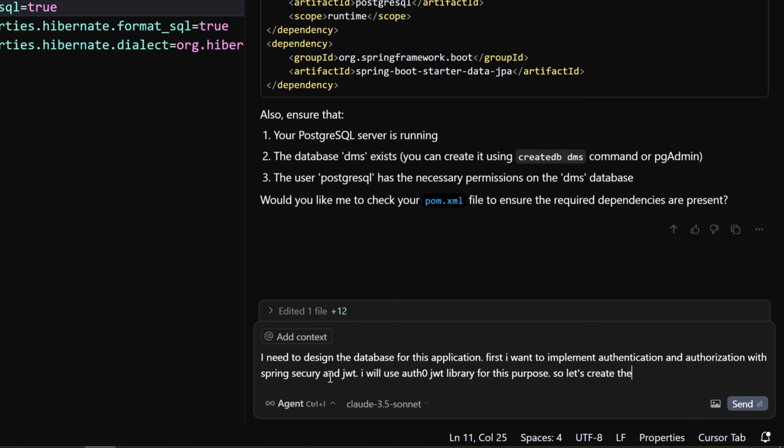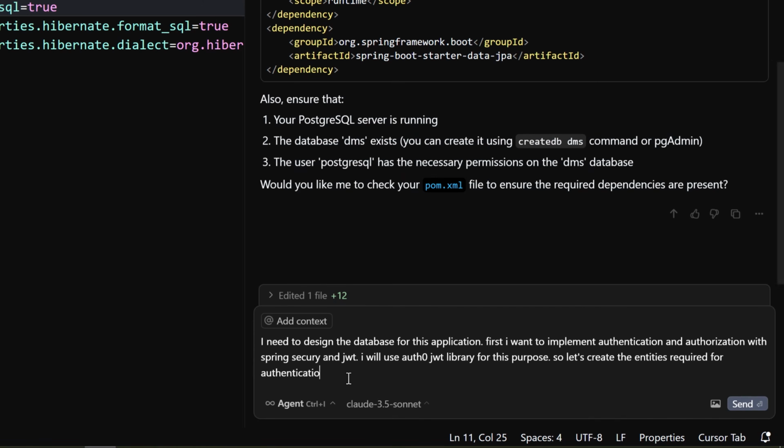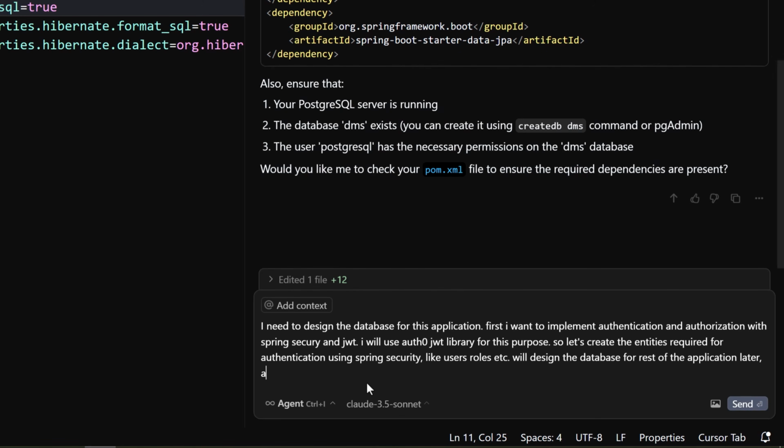So let's create the entities required for authentication using Spring Security, like users, roles, etc. We'll design the database for the rest of the application later, after implementing the auth APIs. Implement the entities and services